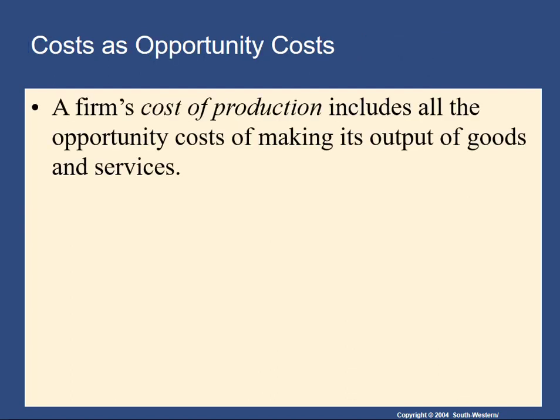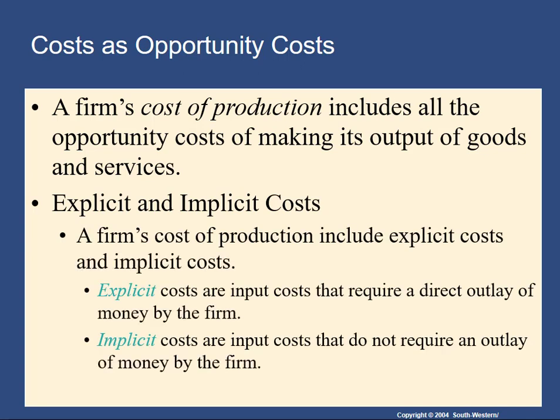So again, now we'll meditate a little bit on what we mean by opportunity costs, because we divide our costs up into two categories: explicit costs and implicit costs. And they both are different types of opportunity costs that the firm faces. So opportunity cost is a bigger concept than either explicit or implicit costs. The explicit costs are the ones that you would normally think of. They're things that the business is going to have a receipt for. They generate a cash flow. So if you look at the definition here, explicit costs are the input costs that require a direct outlay of money by the firm.